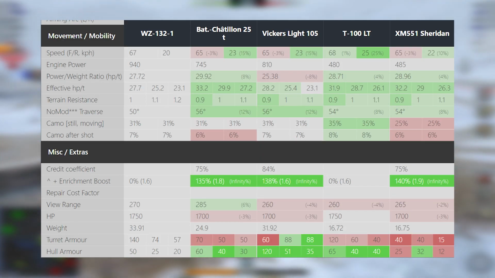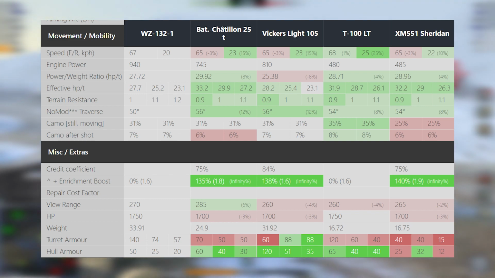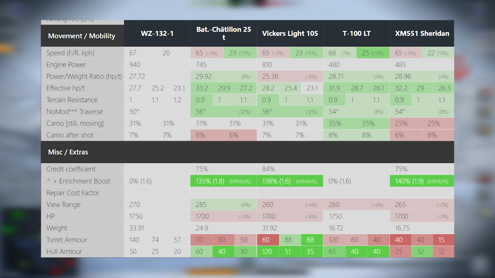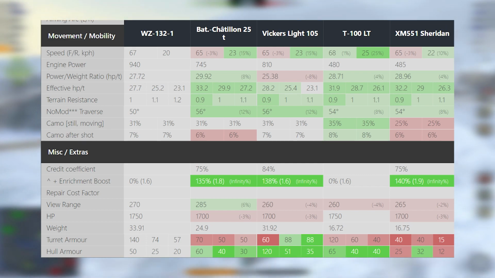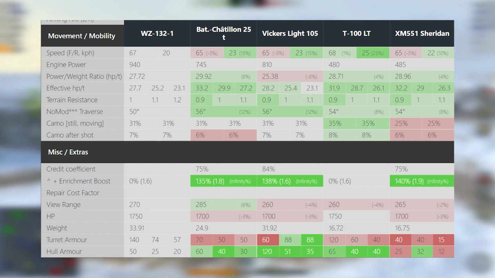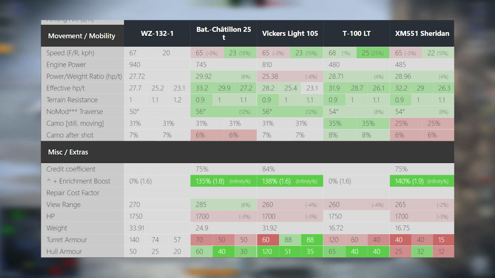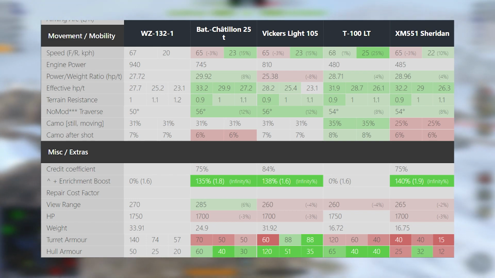Moving down to mobility, it only gets worse, but fear not. This tank is by no means slow and can still reach high speed very quickly. While it has some of the worst engine performances out of all of these tanks, this tank is not sluggish at all. Moving down to the miscellaneous category, it has the second best view range right underneath the Batchat,